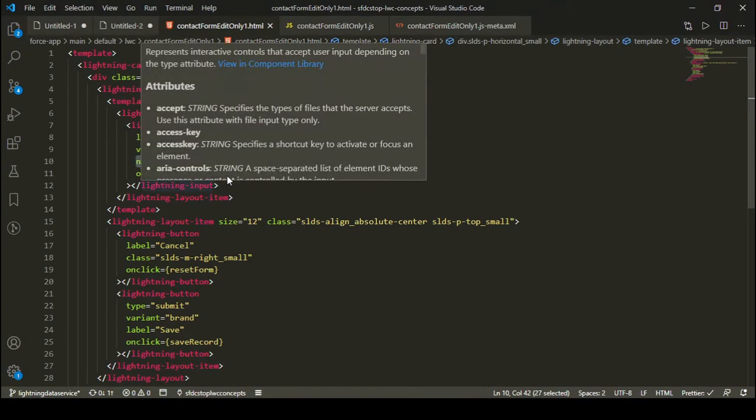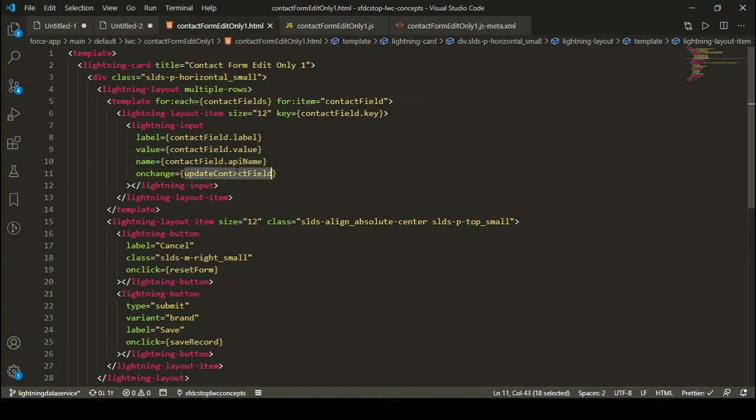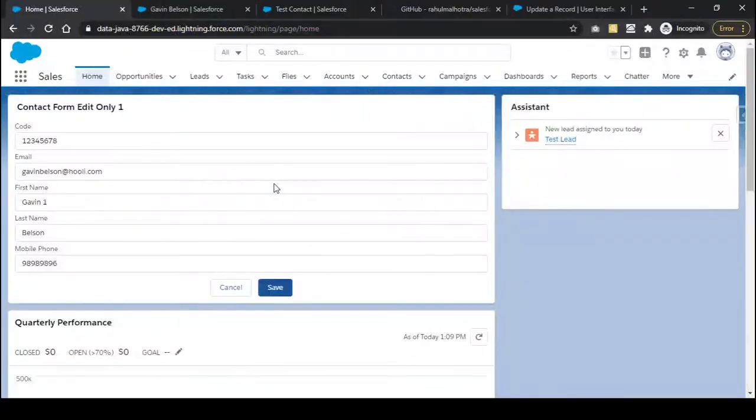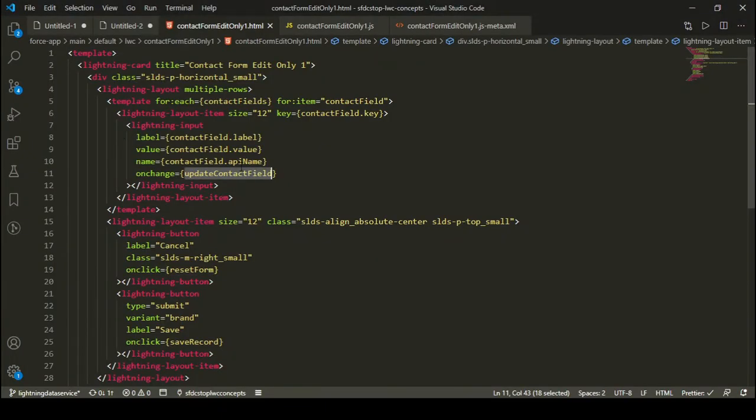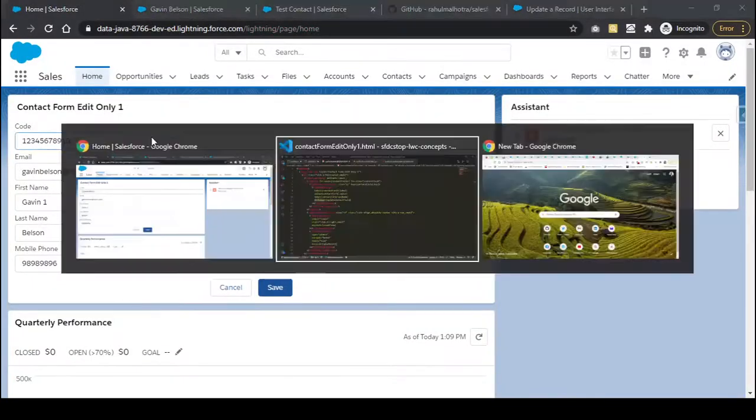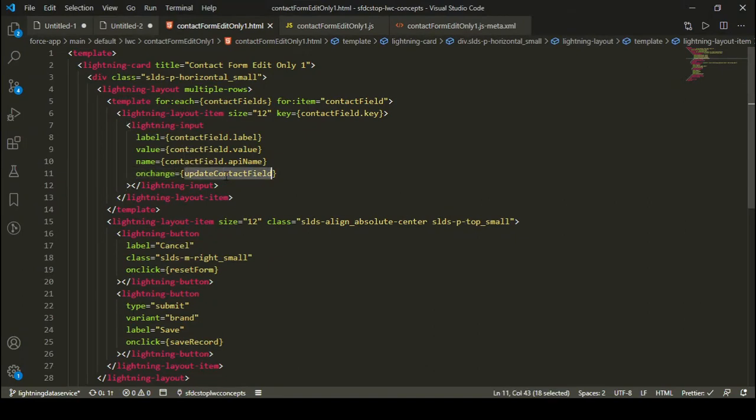I have also specified a function in the onChange attribute so that whenever I'm changing a value, for example if I'm typing something like this, I can get the new value in the function. So whenever any input field in my form is changed, this updateContactField function will be called automatically.